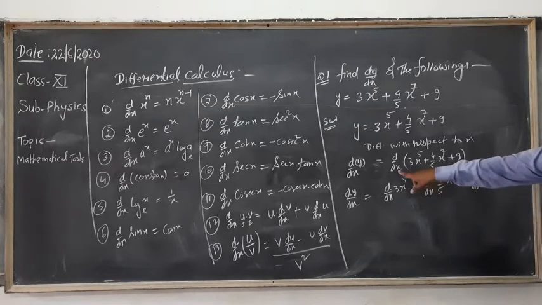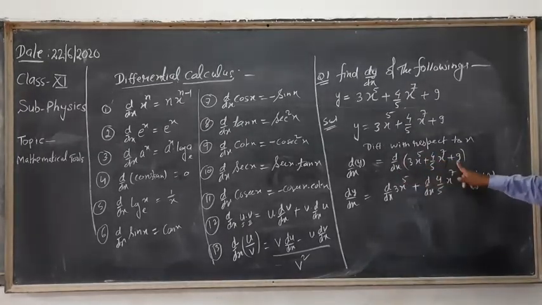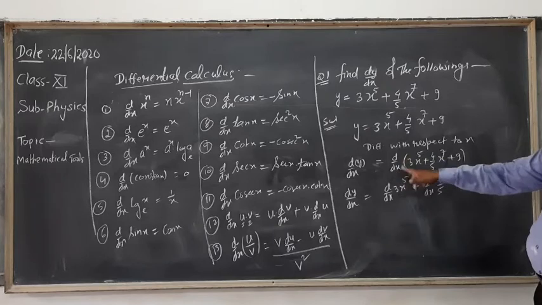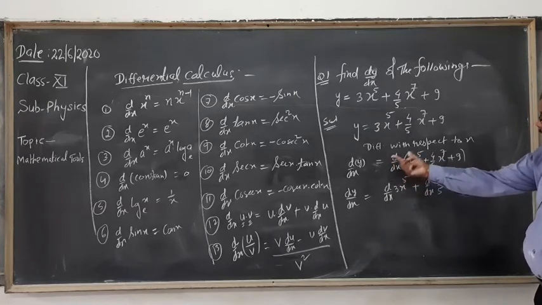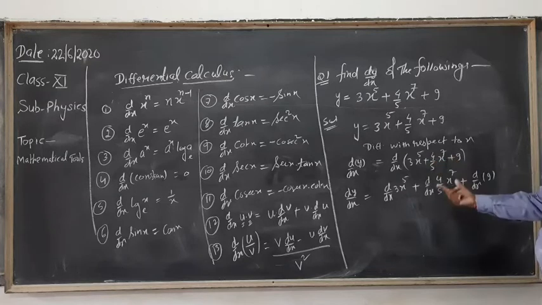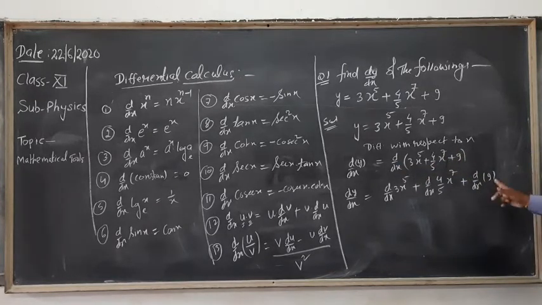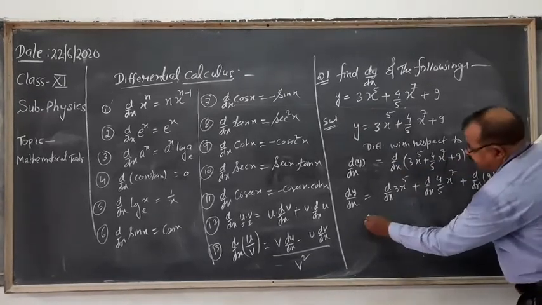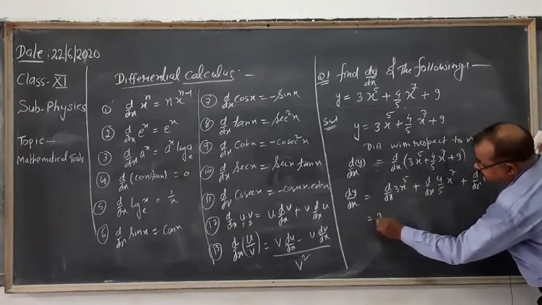Okay, d by dx is distributed in all three terms. Now 3 is a constant, this 3 is a constant, so